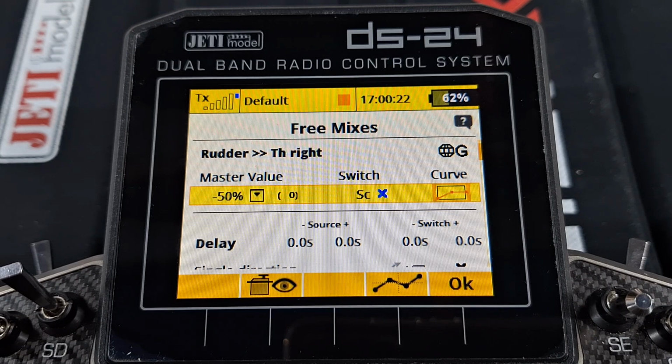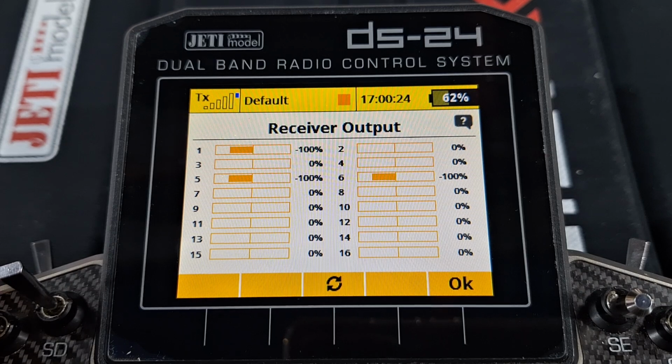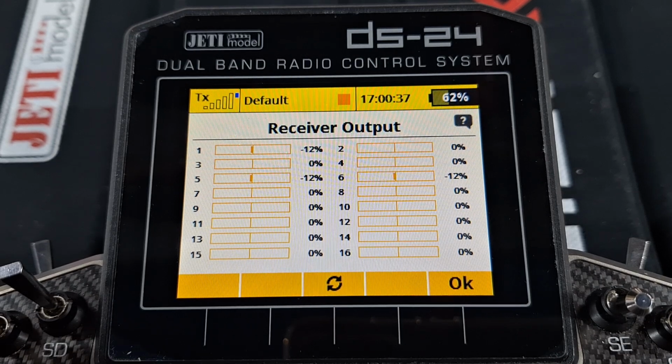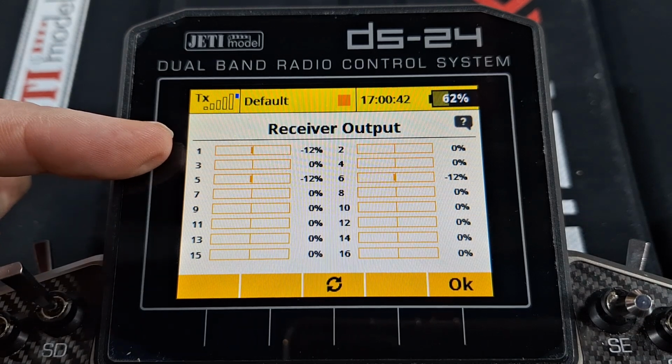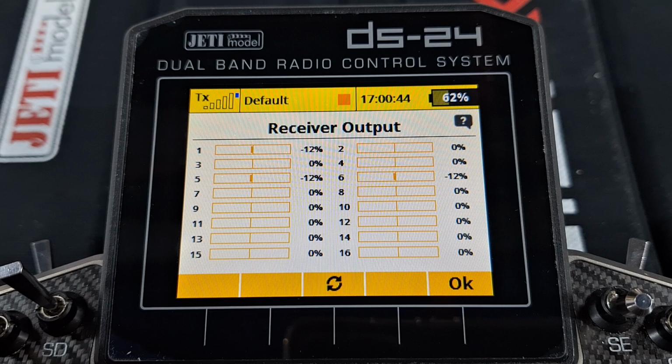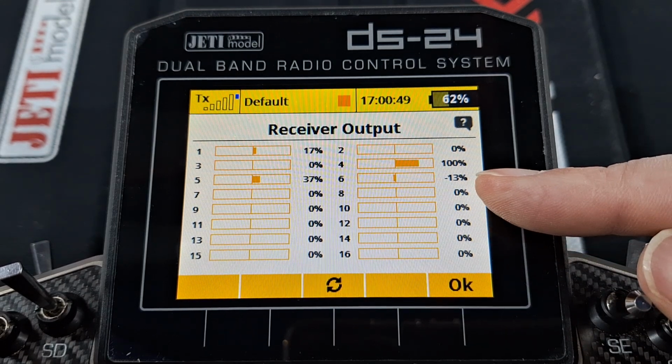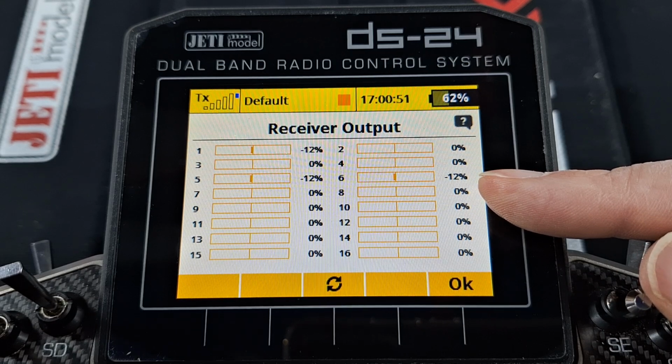So let's have a look at the effect on the servos. My rudder is channel 4 here. It's having no effect because the mix is switched off. And if I switch the mix on at any throttle setting, what will happen now is if I push rudder to the right, then the center throttle will come up a bit and the left throttle will come up a bit more, but no effect on the right throttle. And if I move the rudder to the left, again, center throttle comes up, left throttle doesn't increase, but